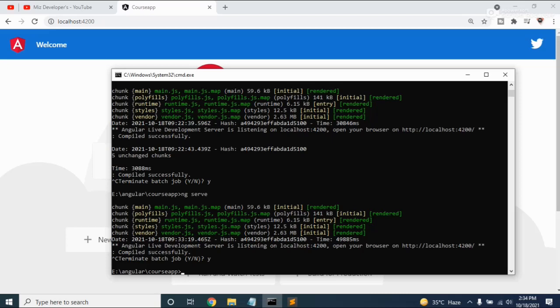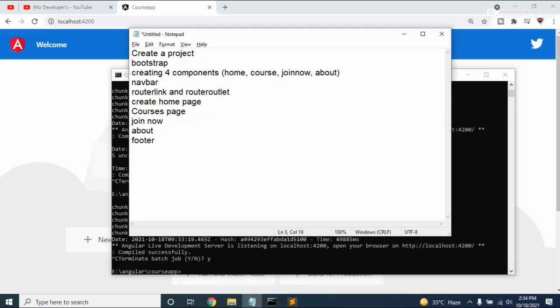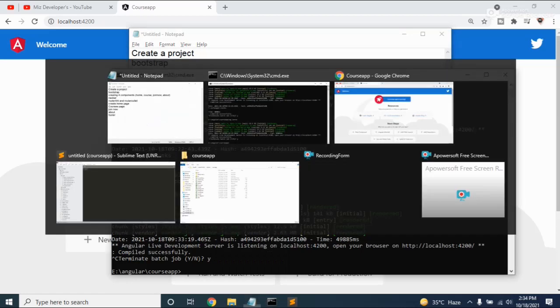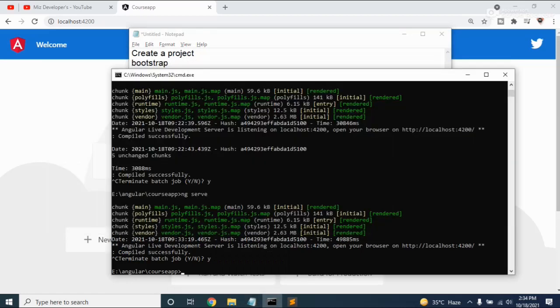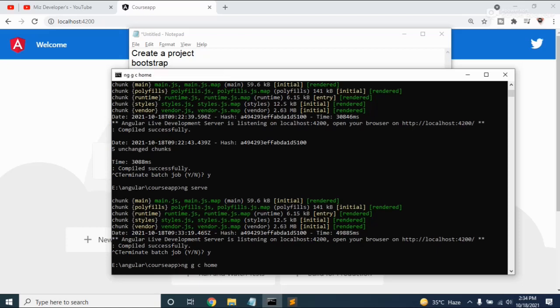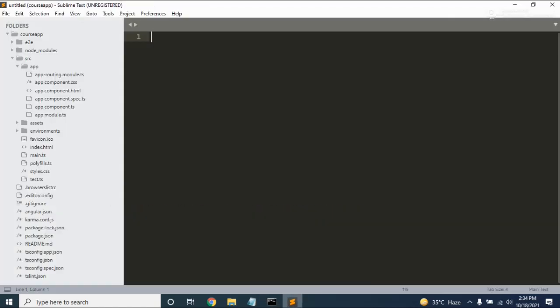So what should we do? We need to create the 4 components called home, course, join now, and about. So you need to add this command: ng g for generate, c for component, and here we need to add the component name. It's called home. So now I'm just entering this, and it will create the component in my folder directory.